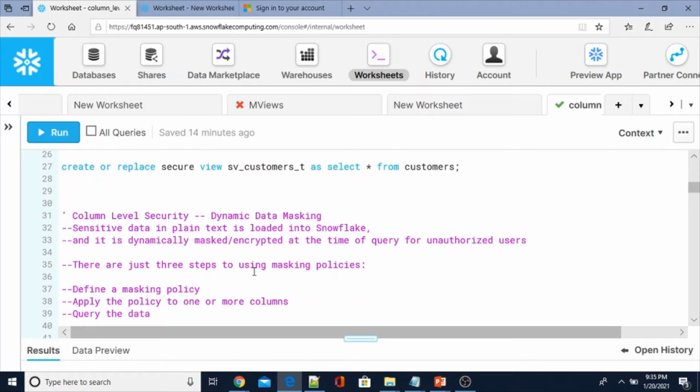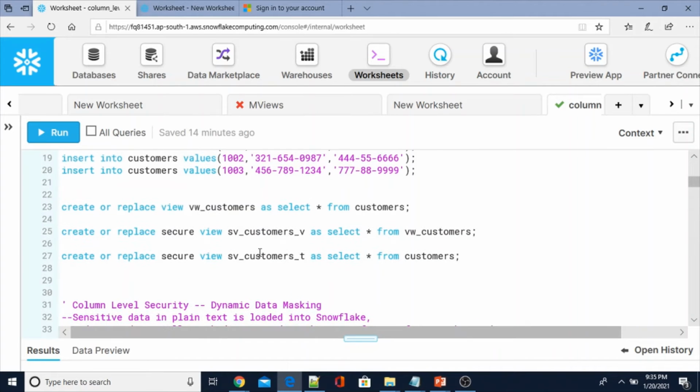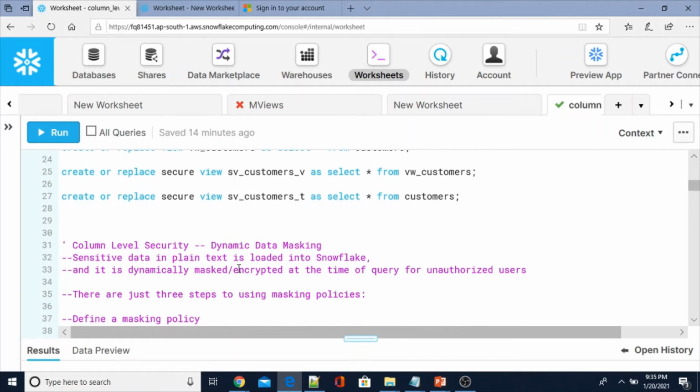Now I am going to apply the masking policy, column level security, using dynamic data masking to the above table or views. As I said, we can apply column level security using two approaches. One is dynamic data masking, the other is external tokenization.